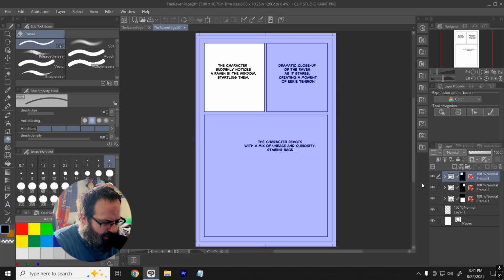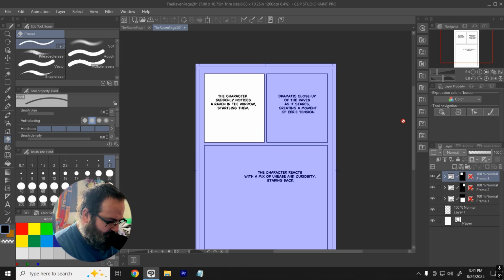So I've got pretty much the sketching done, but I'm going to go back through once it's all done and refine everything. I just wanted to get the idea down first and make sure I was happy with where it was going, and then I can go back and refine some of the drawings, especially in some of the really impactful